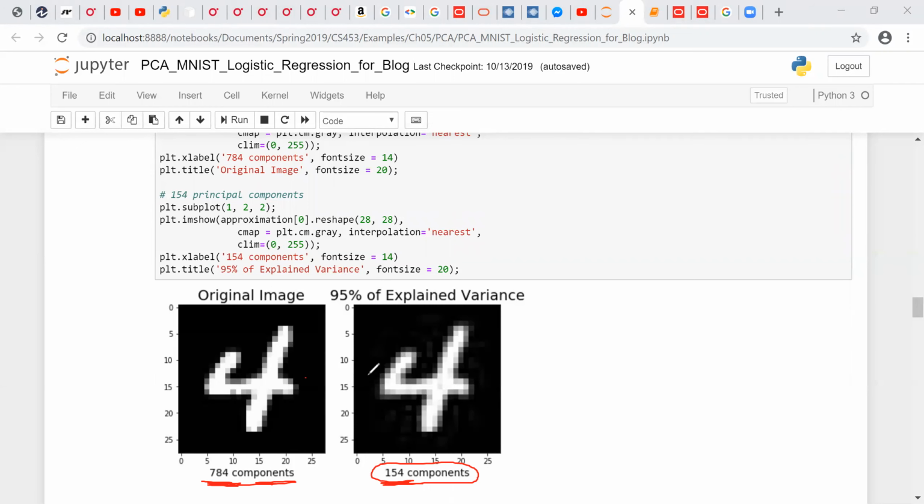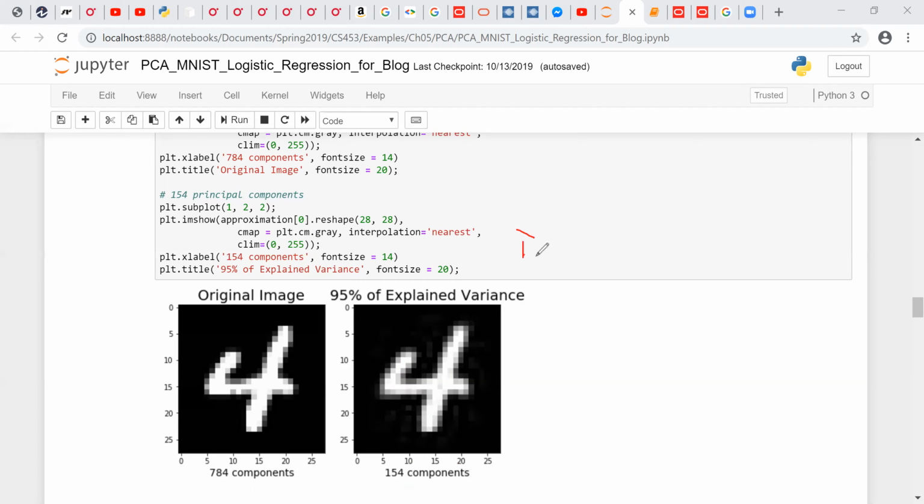Even though it's not as sharp as the original image, it's still readable. So you get your image from high definition to low definition, but it's still readable. So this explains